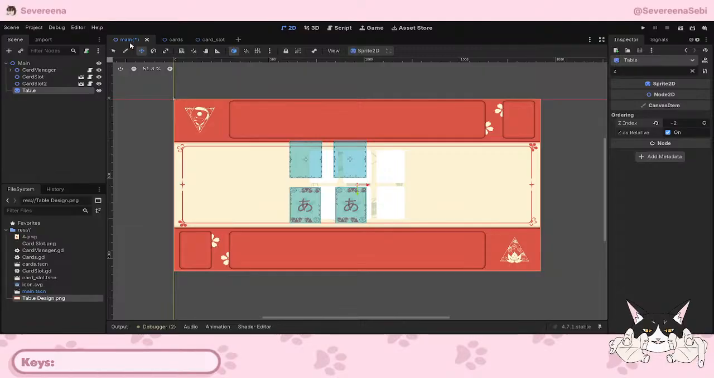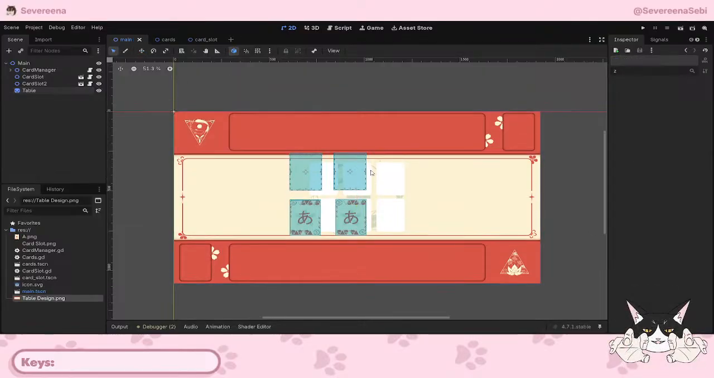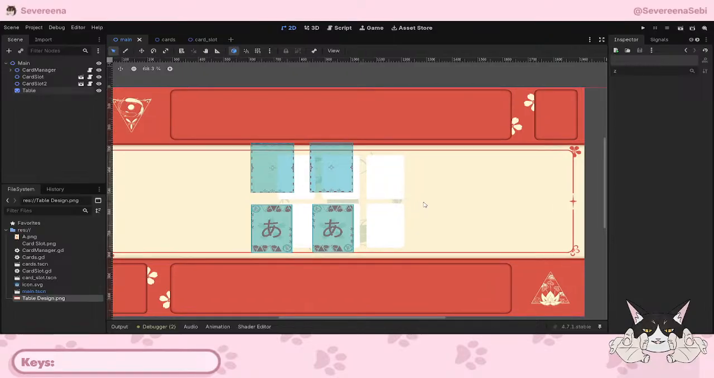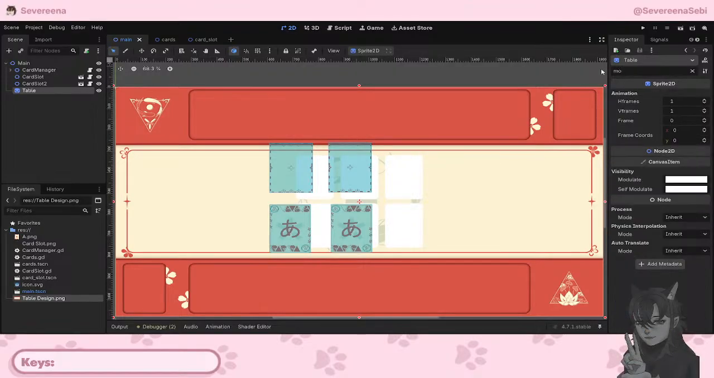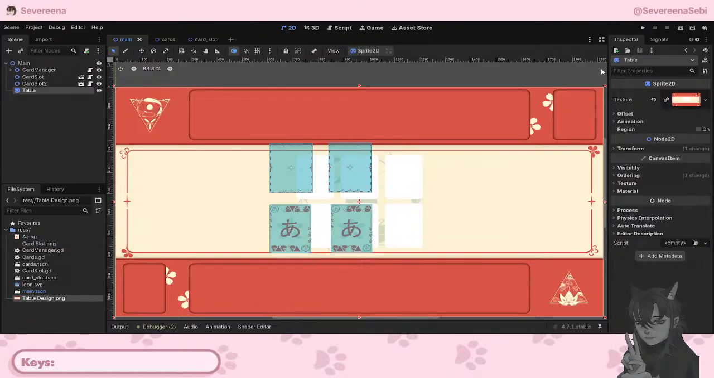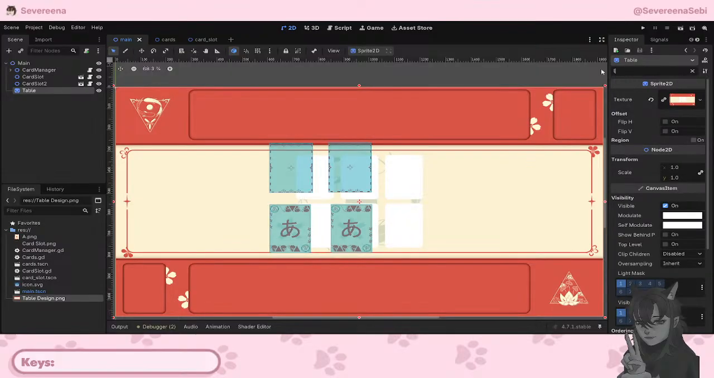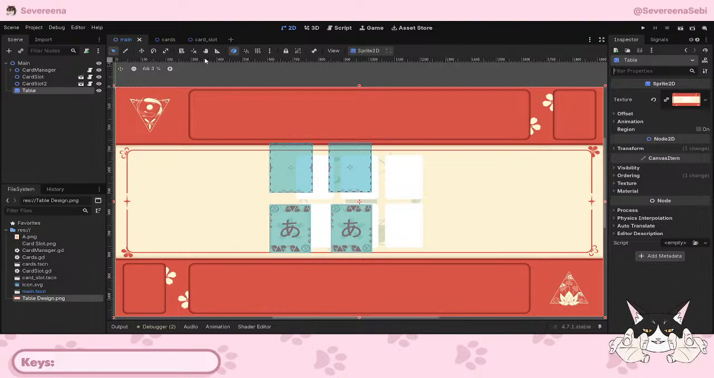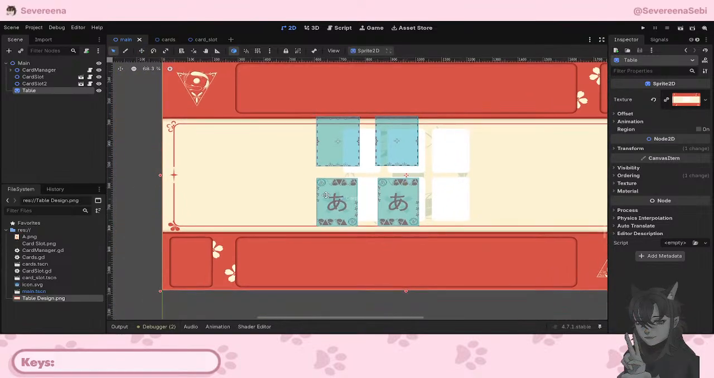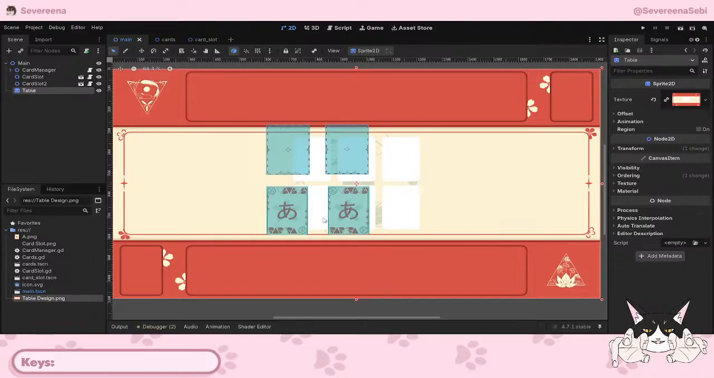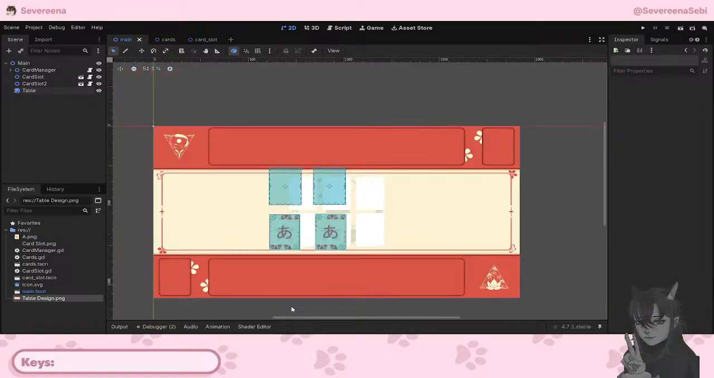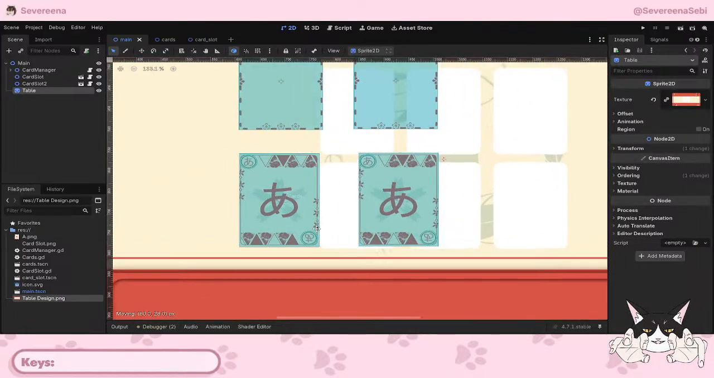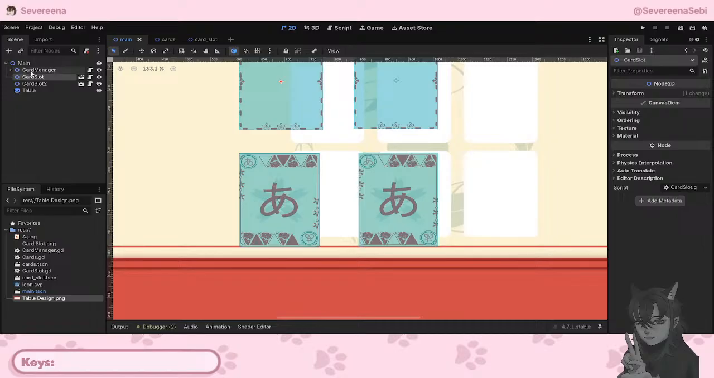And we're not gonna add the, what is it? Oh god. Okay. We're not gonna add a collision shape or area because we don't want to be able to click on this. But yeah, we can start with